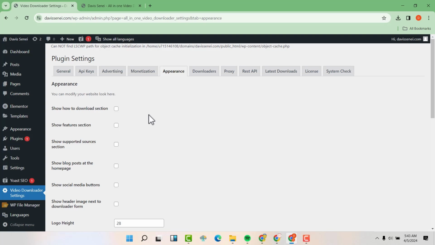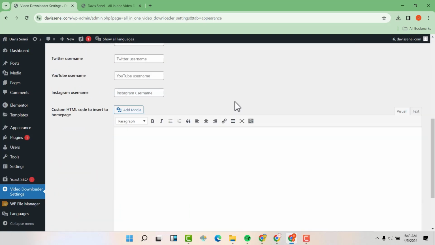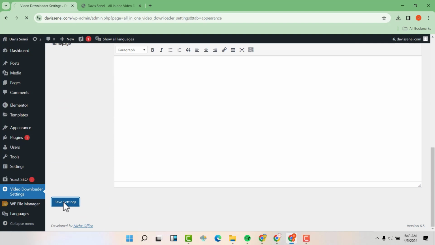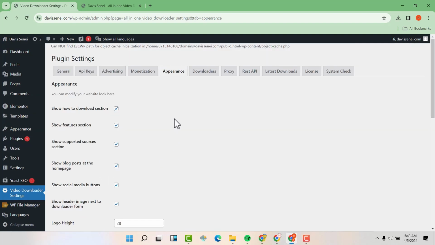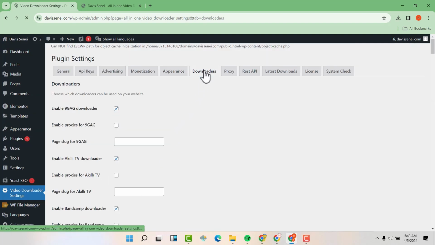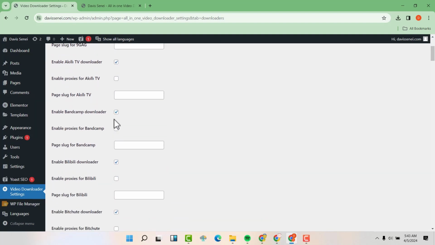Which sections do you want people to see on the front end? So you can enable this. Then you can save the changes. Then downloaders. So you can tick all the downloaders that you want to be displayed or to use. So you can tick them from here.